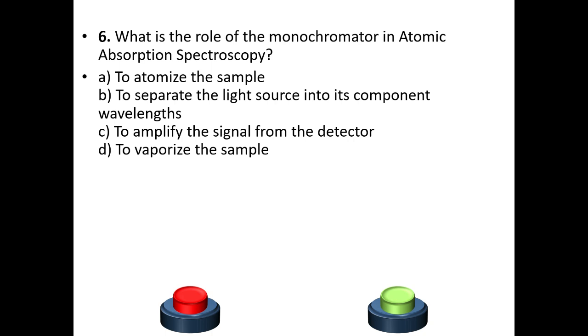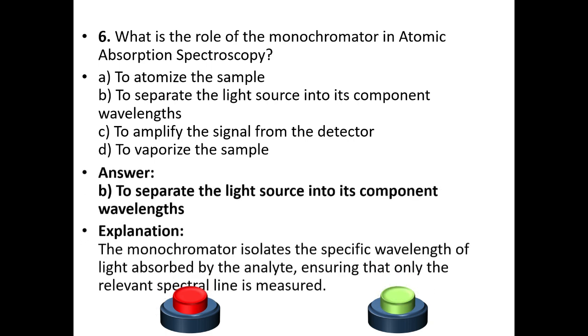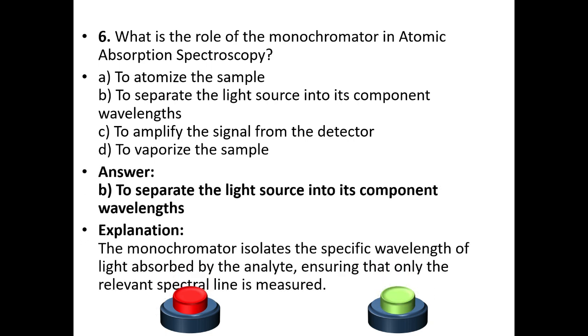Sixth question, what is the role of the monochromator in AAS? To atomize the sample, to separate the light source into its component wavelengths, to amplify the signal from the detector, to vaporize the sample. Which is the answer? Your answer is option B. To separate the light source into its component wavelengths. Explanation: the monochromator isolates the specific wavelength of light absorbed by the analyte, ensuring that only the relevant spectral line